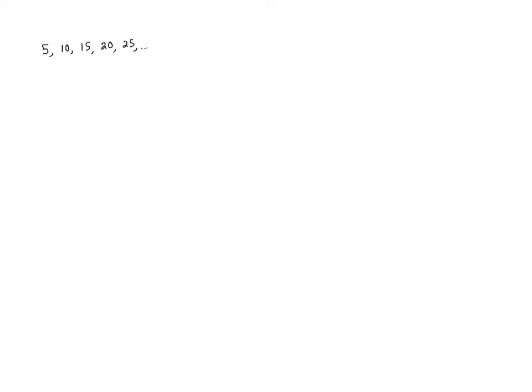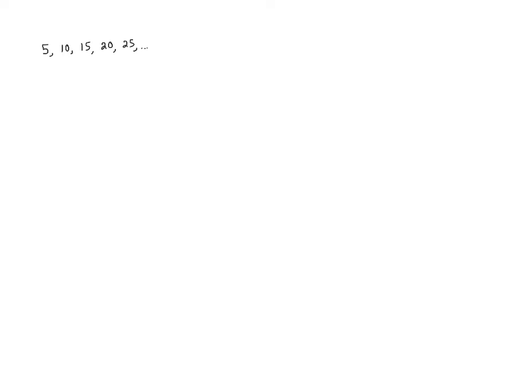For the first example of a sequence that we looked at with terms 5, 10, 15, 20, 25, etc., we noticed that the individual terms were all multiples of 5, and that was the pattern that we saw. However, you may have seen a different pattern, noting that to get from one term to the next, we have to add 5. 5 plus 5 gives us 10, 10 plus 5 gives us 15, 15 plus 5 gives us